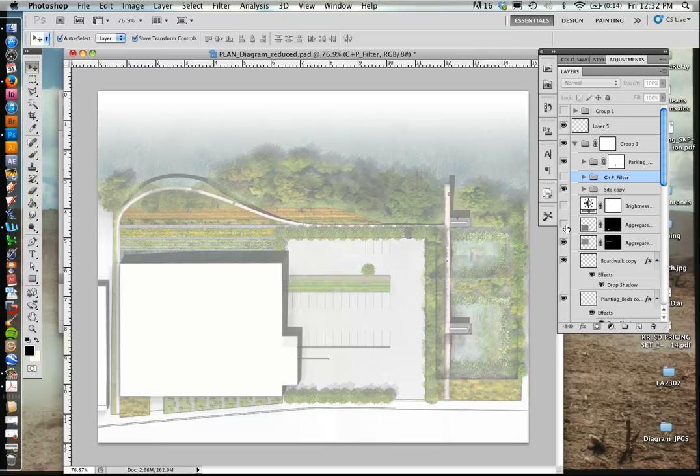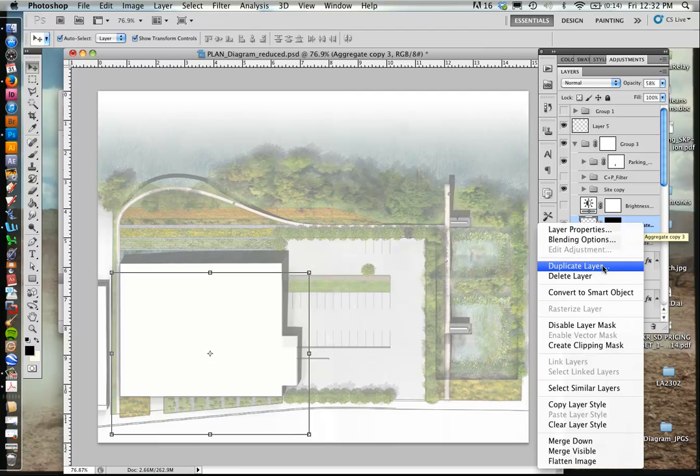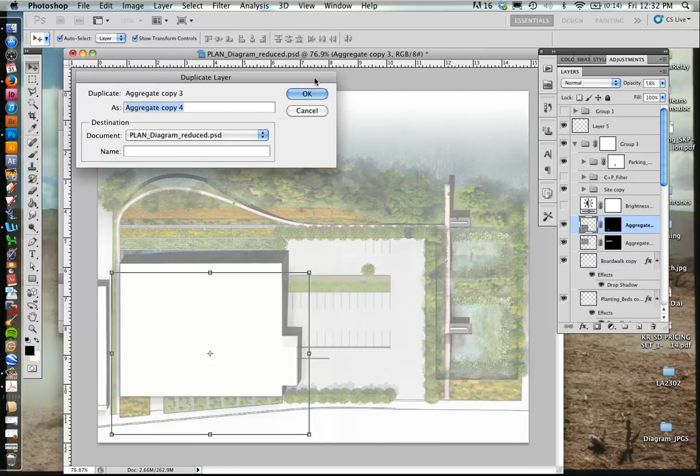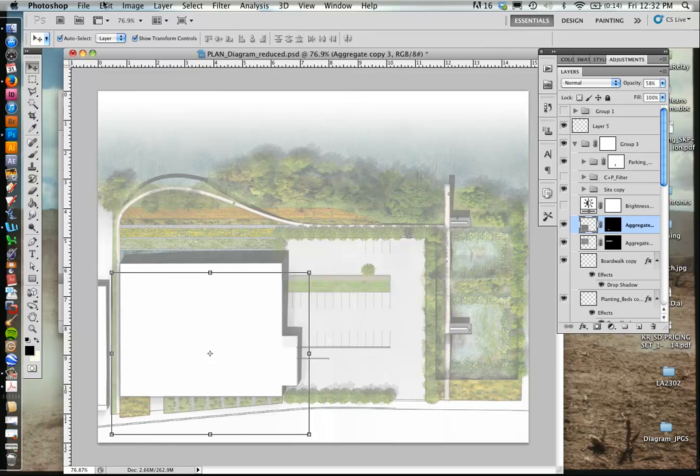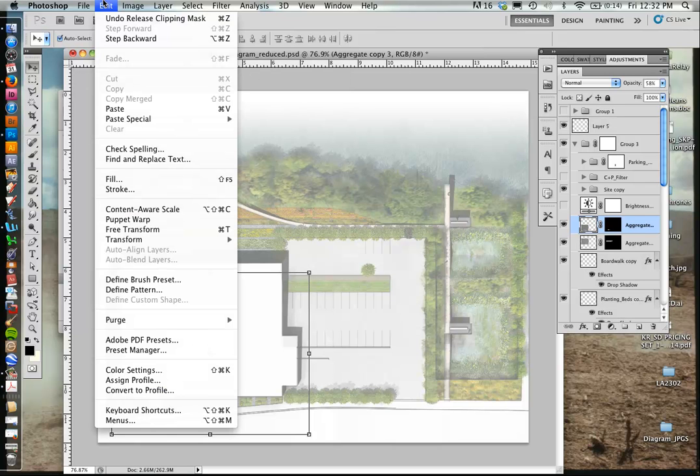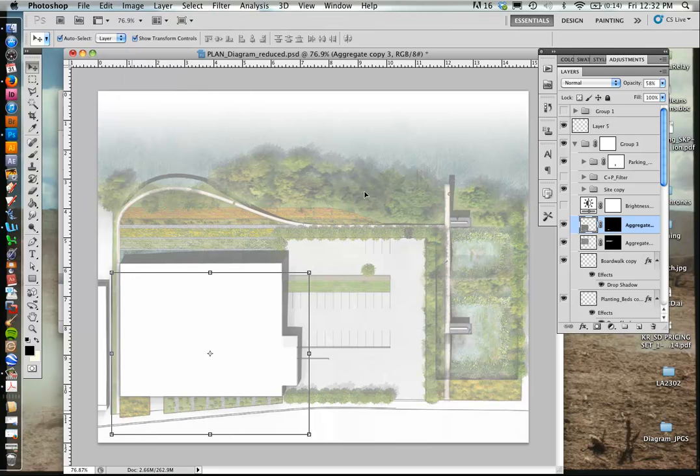Moving down, we've got aggregate, which is just being reflected down here. That's done. I'll show you one of the tricks that I do all the time. If you right click, you can duplicate layer. I duplicate layers a lot, so I have a hotkey, because I like to duplicate them to new. If you ever want to add a keyboard change, you go to keyboard shortcuts under edit,